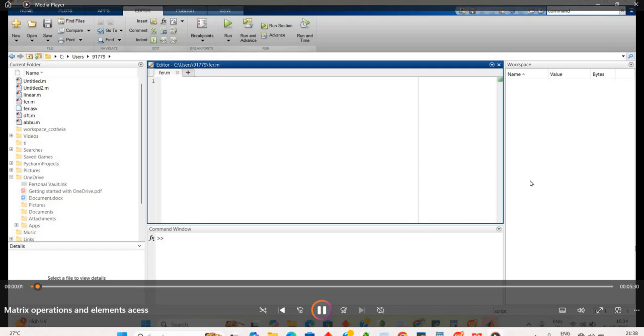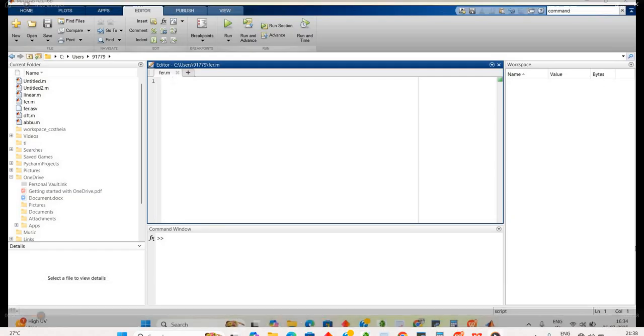Here we'll see how to create a row vector, column vector, and a 2 cross 2 matrix or 3 cross 3 matrix. So I'll take A is equal to square bracket 1 space 2 space 3, close the bracket.